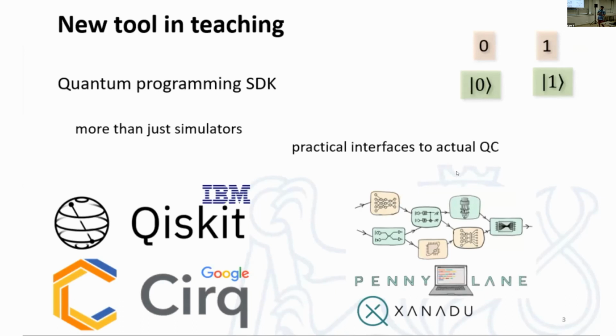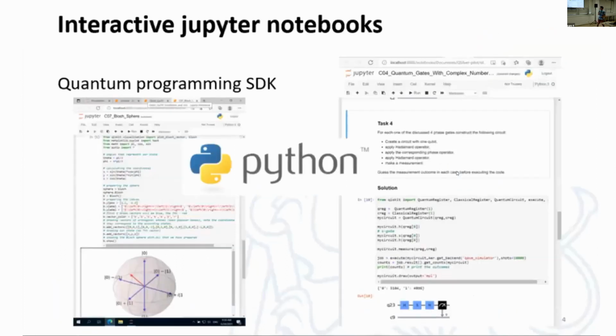So you can actually use these languages, connect through the cloud, and program a quantum computer. What you can use them for, that's another question, but that is really the main question here. Who will be the people who figure out what these quantum computers can be used for? And these software development kits are written in Python, which means that it very naturally fits into using Jupyter notebooks. And this is a proven thing.